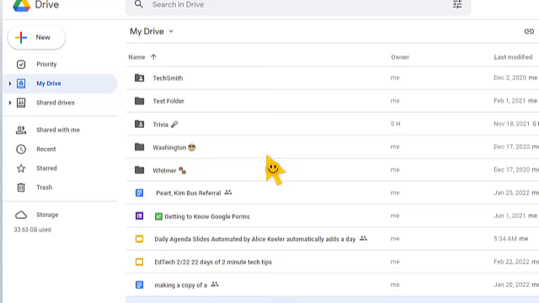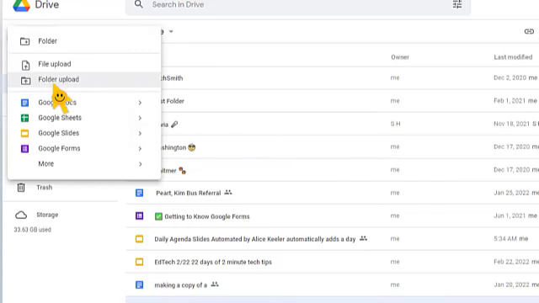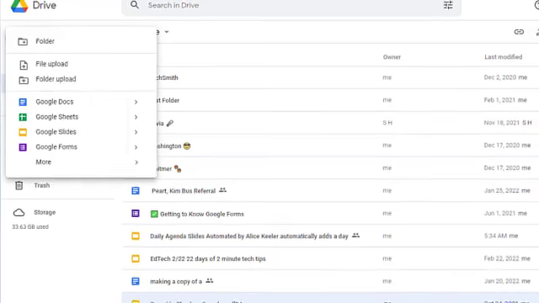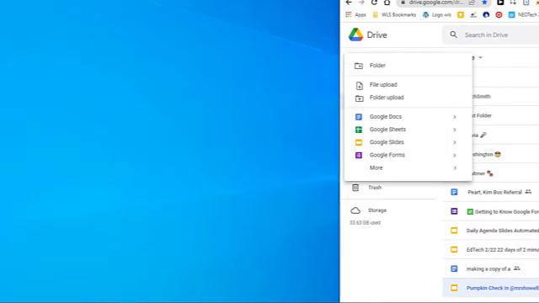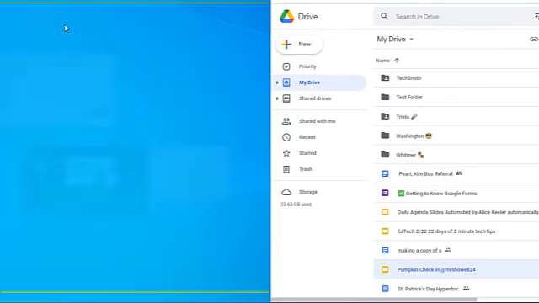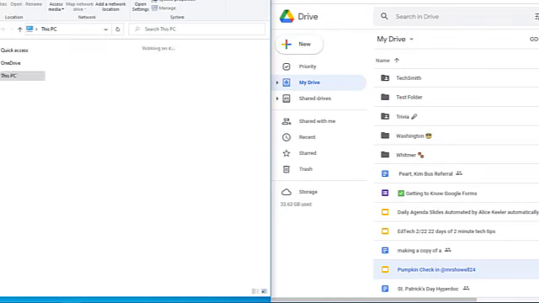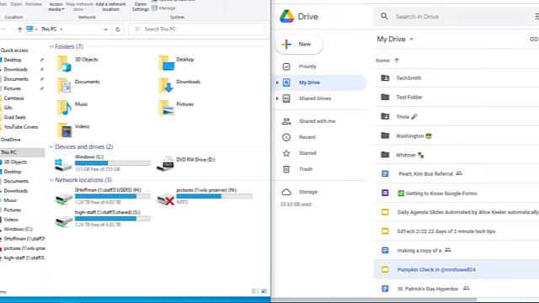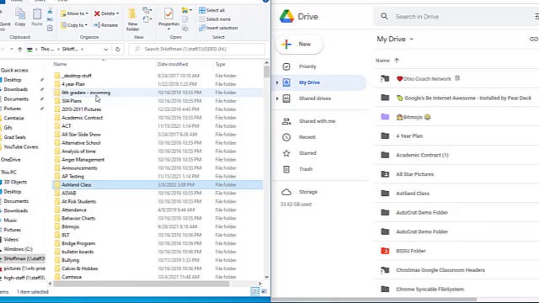All right, so that's one way. New, File Upload, Folder Upload. There is another way. There's always two ways. So I'm going to make this a split screen. So I've got my drive over here. I'm going to open up my H drive. Okay, so here is my H drive on one side of the screen,